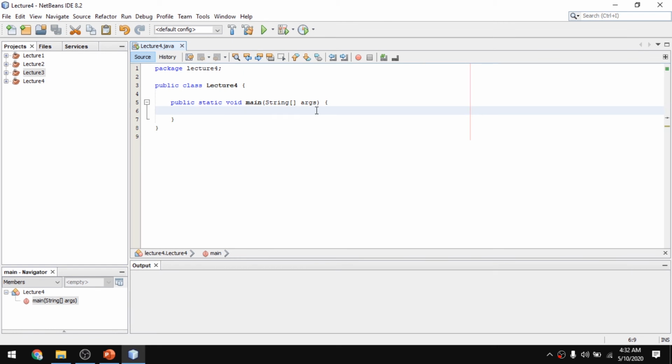So let's begin with our practical work. Here we are in our NetBeans IDE, and I have created a project, lecture 4, and I am in the main class of that project. Let's suppose we want to create a variable of data type byte.